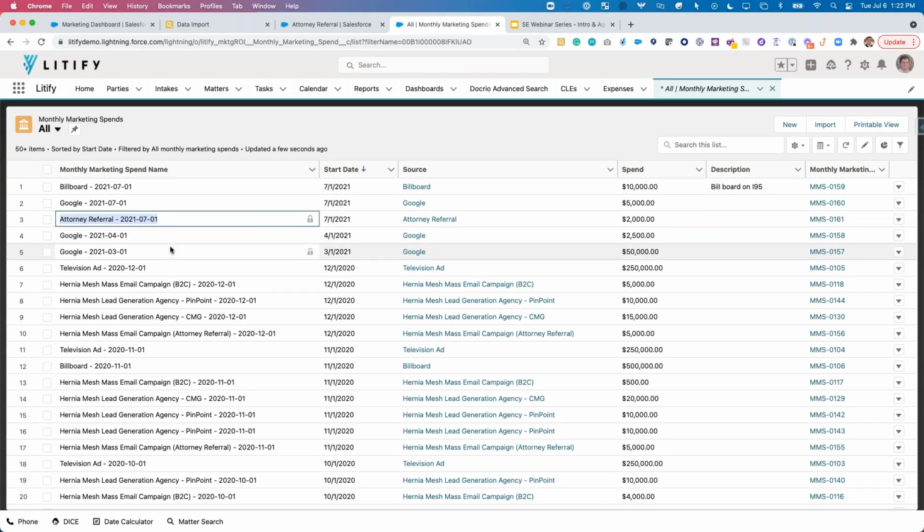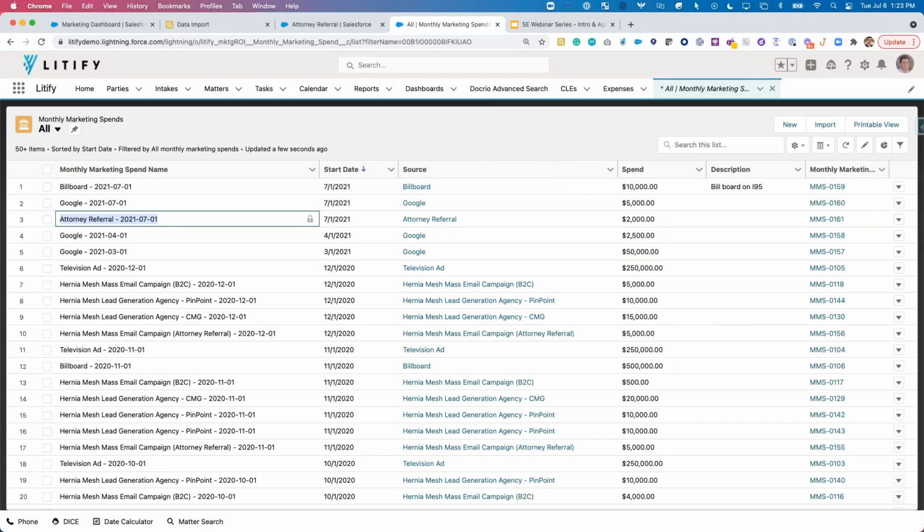So again, a lot of ways to get data into the system, retroactively add things: using the data loader, using the Salesforce inspector, using the, what's the last one? Import wizard, right? So a lot of ways to get information into the system to pre-populate this data if it would be brand